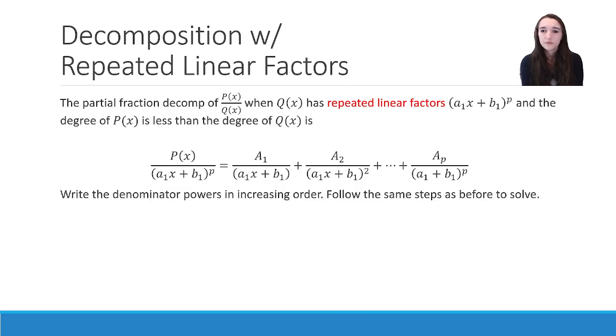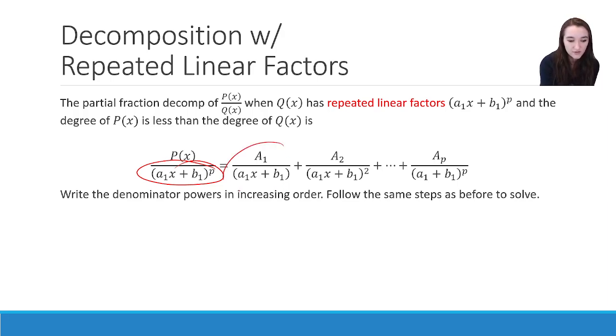Now, from here we have several other types of factoring that can occur. So that was the non-repeated linear. x plus 1 times x minus 2, or whatever, where they're all linear factors and there's no repetition. But what if there is repetition? So here, if we're getting repeated linear factors, then things get a little bit more complicated. Essentially, for each repeated linear factor, so here I have a repeated linear factor, I have to have an added